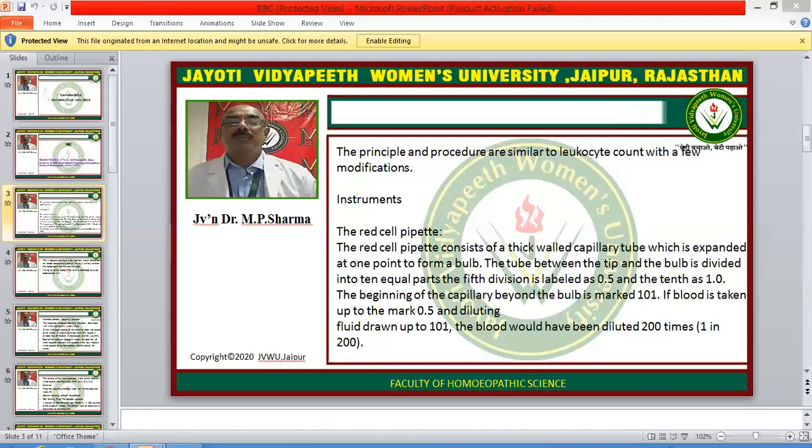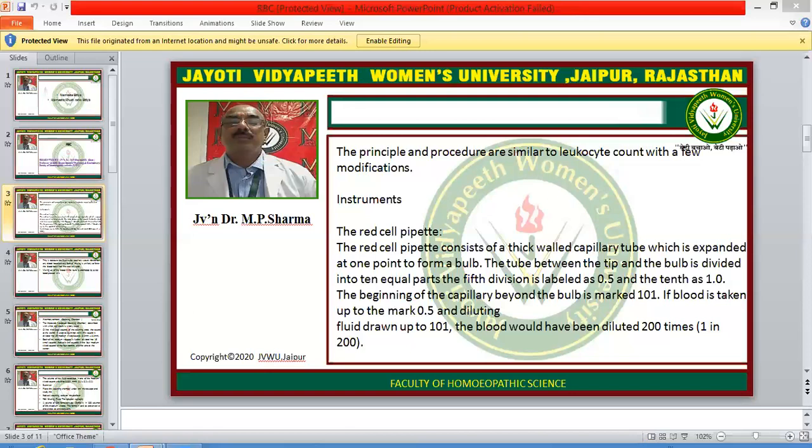Start from the top left square and move across to the last square, then come down to the next row and so on. In order to avoid recounting the cells on the lines, adopt a convention of ignoring cells touching the upper and left lines and including cells touching the lower and right lines. Count the cells in all 5 RBC counting areas. The calculation: the volume of the fluid in a medium square is equal to 0.004 cubic millimeter.